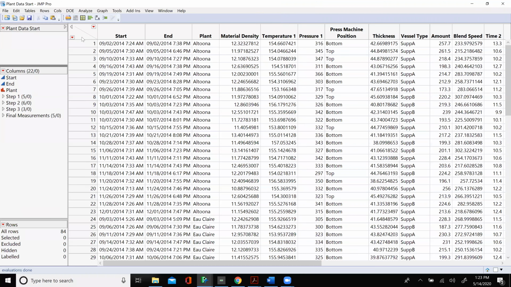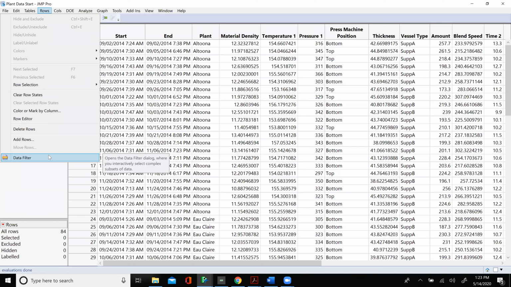Okay, right. I want to teach you one more thing in this section, which is how to choose all of the ones that are on bottom that have a thickness greater than 40. It's called the global data filter. I can go to rows, data filter.